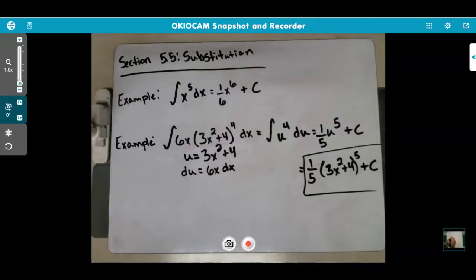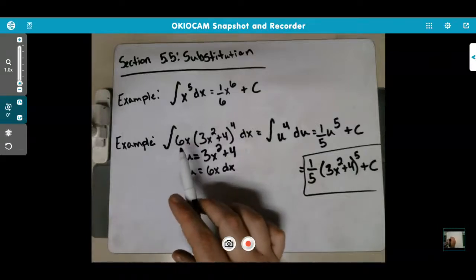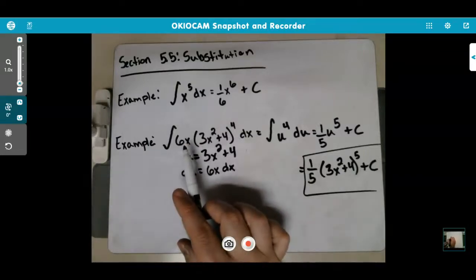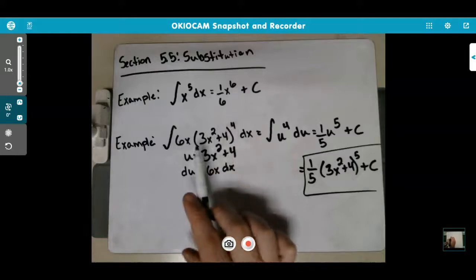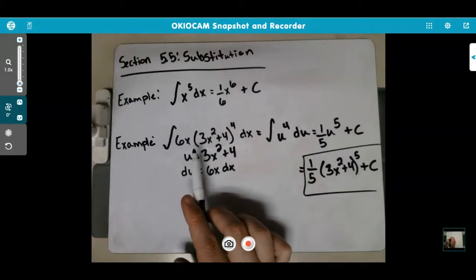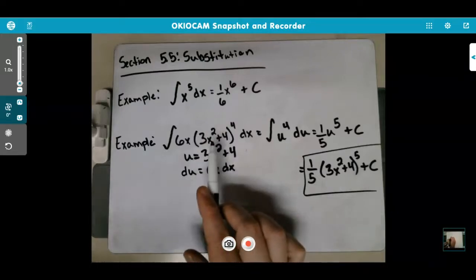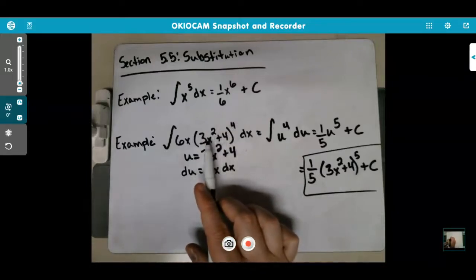So the key here is, if I see one that looks a little hard, it looks like there's a lot of terms, it looks like a whole mess, what I want to do is see, is there a u in here where the derivative is there too? So I'm raising a bunch of stuff to the fourth, so why don't I try and let u